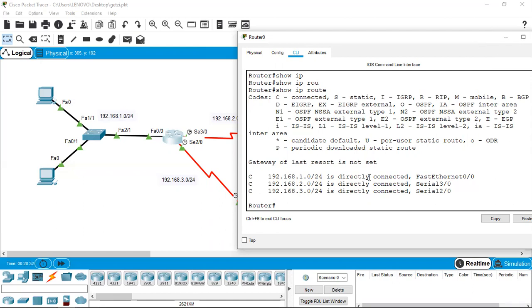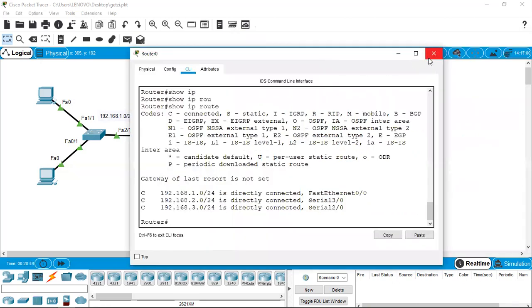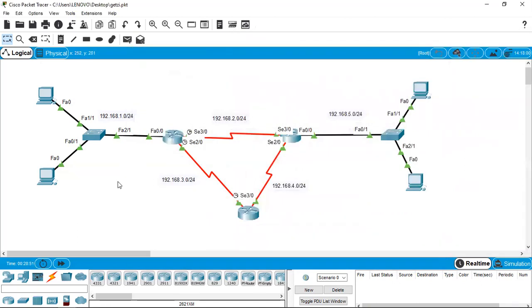In other words, it is not having entries about 4.0 network and 5.0 network. All right, so these 2 are not existing. That is the reason why initial pinging was unsuccessful in our testing, right? So what can we do? Very simple. When you use the RIP protocol, we are going to tell every one of the routers to please talk about your connected networks with others. Very, very simple thing we are going to tell this router.